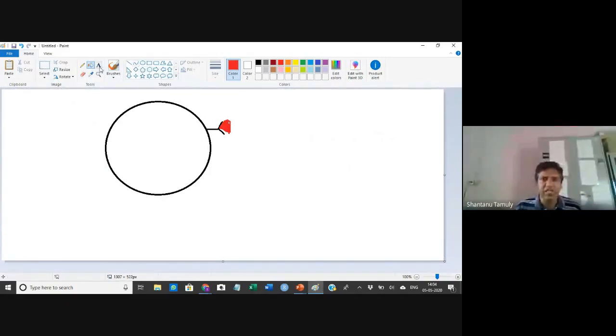Upon binding the antigen, this lymphocyte starts producing more receptors. Let me draw it here. So this is the receptor for the cytokine. Once it receives the antigen, immediately the lymphocyte will start producing more amount of receptors, so the receptors it had will be more.